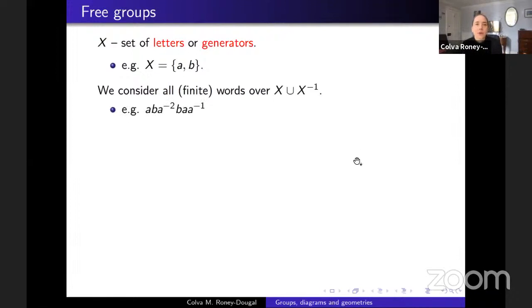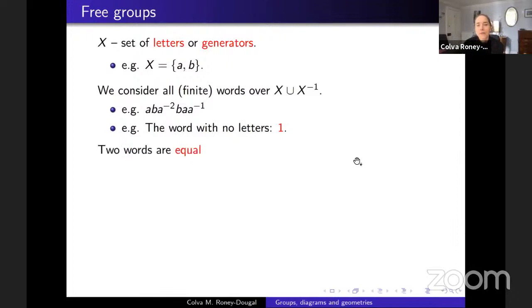So for example, for our given X up there of A and B, one string or one word might be A, B, A inverse, which I've pressed down to A to the -2 to make it look shorter, and then a B, and then an A, and an A inverse. So we care about the sequence in which they come, and each thing is either one of the things from X or one of the things from X with a -1. An important word that we'll consider is the word of length 0, so the word with no letters in it. Now I need to write something on the page to talk about a word with no letters, and so I'll write it as 1, and it's just the empty word.